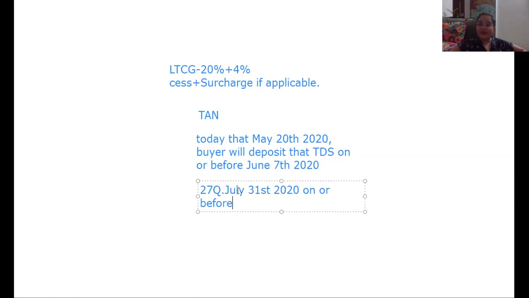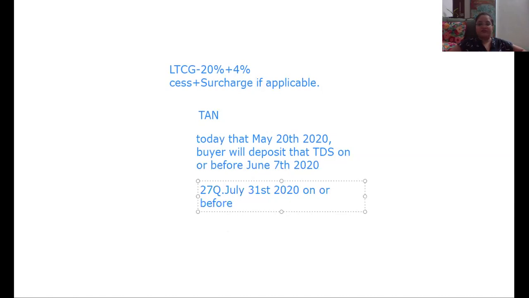In such a case, TDS deducted on the sale amount is too high for the NRI seller. And he might not have any other income in India for which he has to file the return and where he can adjust the TDS. So what is the option available to him? In that case, the seller may approach the income tax officer to calculate taxable capital gain on sale of the immovable property and obtain a lower or nil withholding certificate and provide that to the buyer.